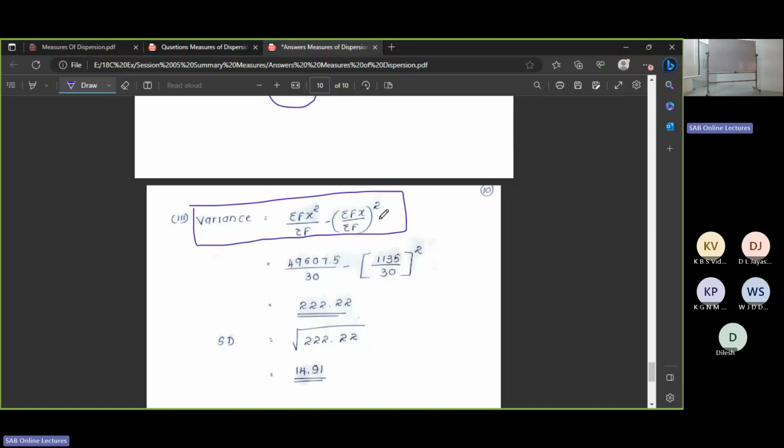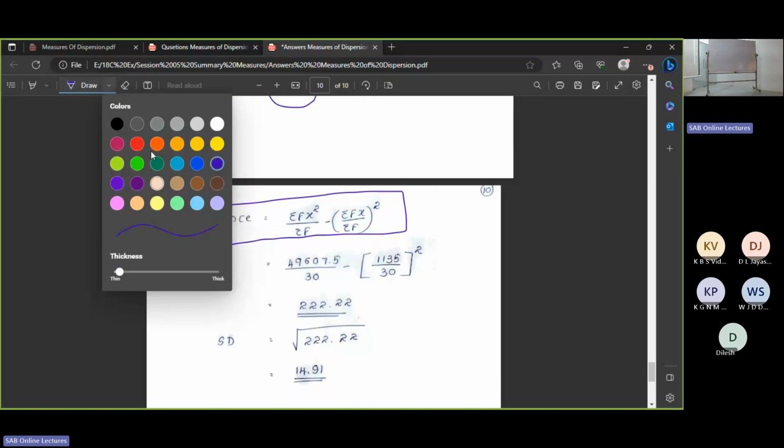Okay, now you know sigma means what? Total value. F means frequency value. X means what? In a grouped frequency distribution, X is defined by the class mark. Okay? Then first we need